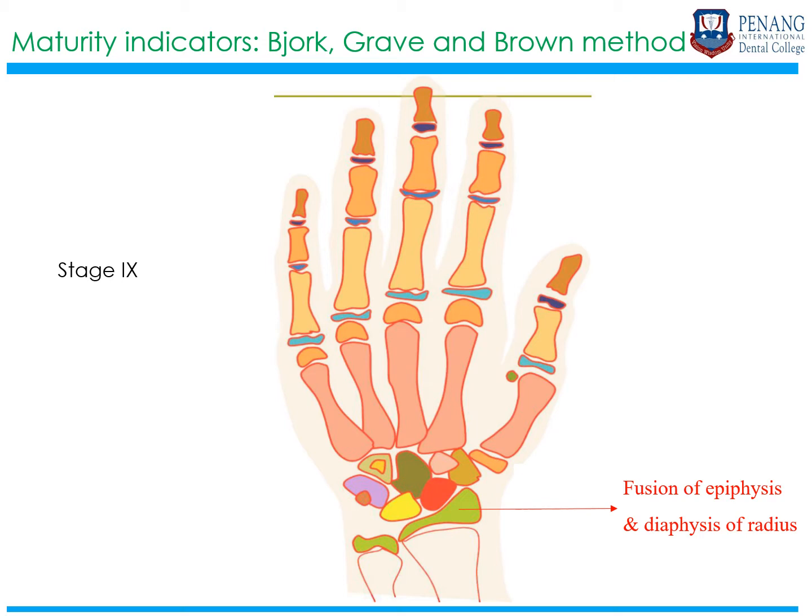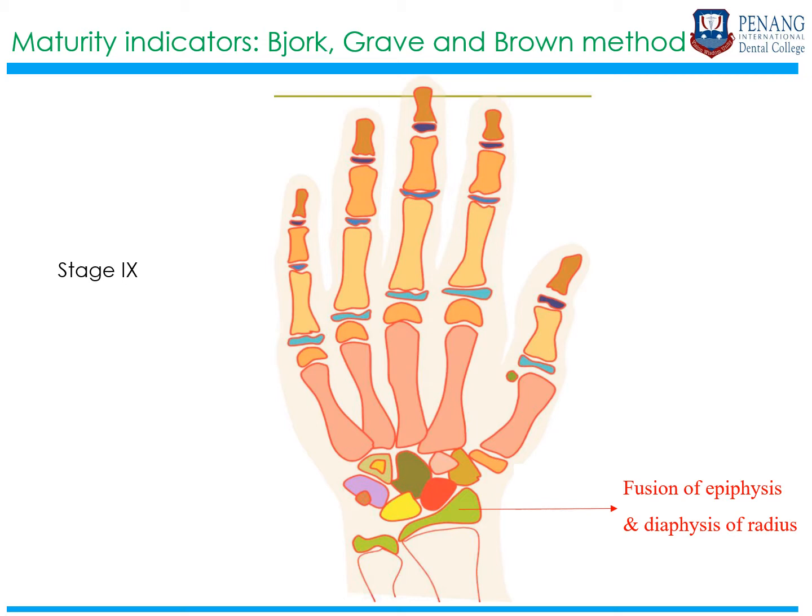So here what you need to understand is you should be able to identify the various bones of the hand and wrist, and then understand which area you're supposed to concentrate at and which area you're supposed to look at when understanding what maturity indicators are trying to show you or tell you. So you have to memorize these. So I would encourage you to draw a diagram and then mark each stage on it and try to memorize